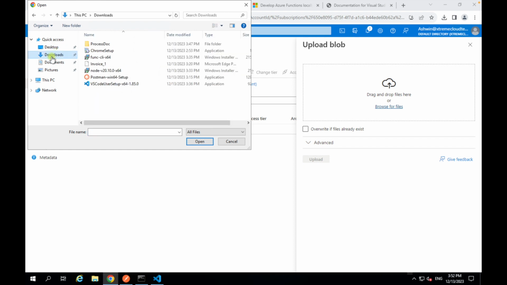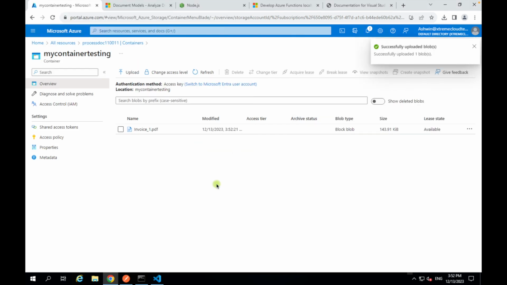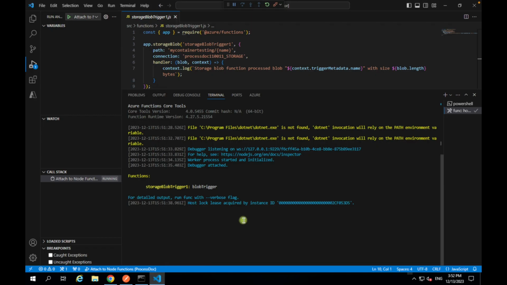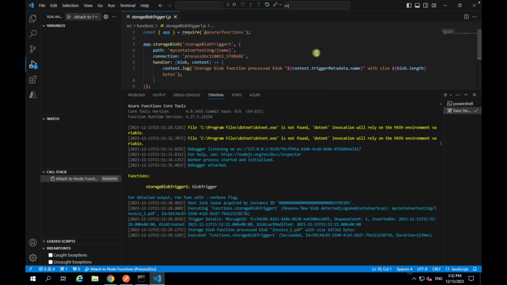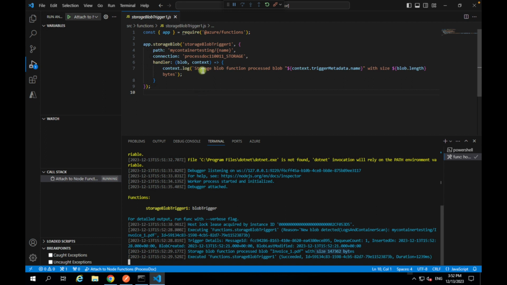Let's go to downloads. I'll upload the same invoice document, the PDF document, and then upload. So let's go back to the function, and within a moment you will be getting the information. There you go. This basically gives you the details: you can see the storage function processed invoice.pdf with the size this much. This is the exact log that we have listed here,